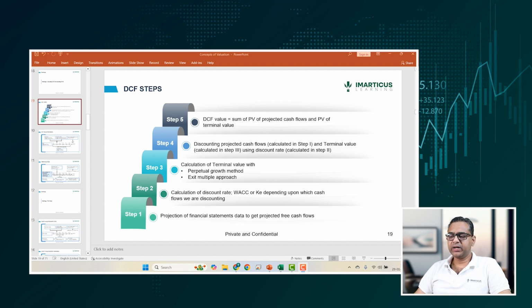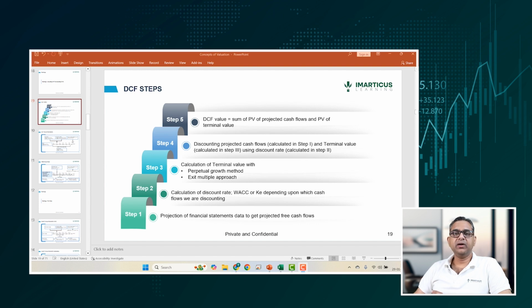Terminal value growth rate is again very subjective, very debatable. What should be the growth rate we are assuming for the terminal value? And it can have a significant impact on the terminal value, right? So after the explicit forecast period, what is the growth rate we are assuming till infinity? Because we are talking about till infinity, that growth rate can have a significant impact on the overall value